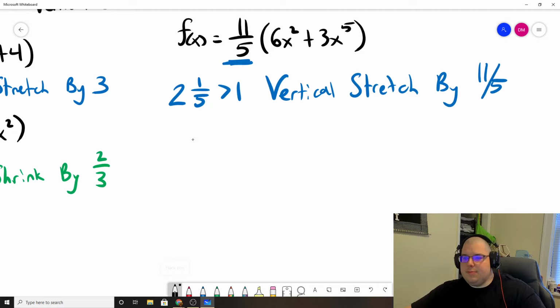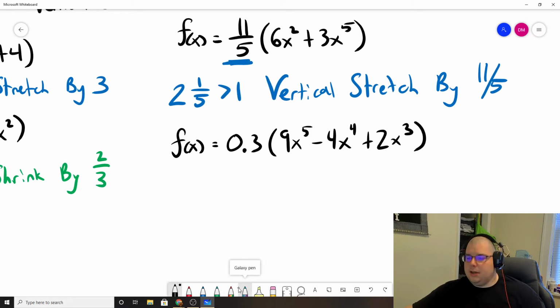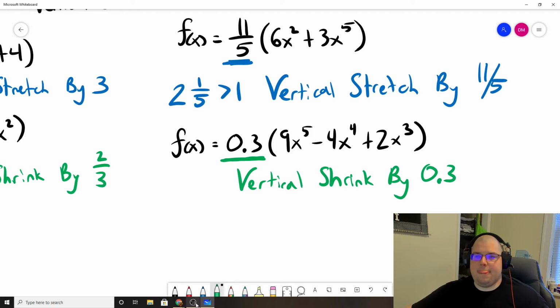If you've got something like f of x equals 0.3 times 9x to the 5th minus 4x to the 4th plus 2x cubed, again we want to look at this 0.3, and that 0.3 is between 0 and 1, so this is a vertical shrink by that 0.3. And now I had some students asking me how you can tell if a fraction is bigger than 1 or between 0 and 1,